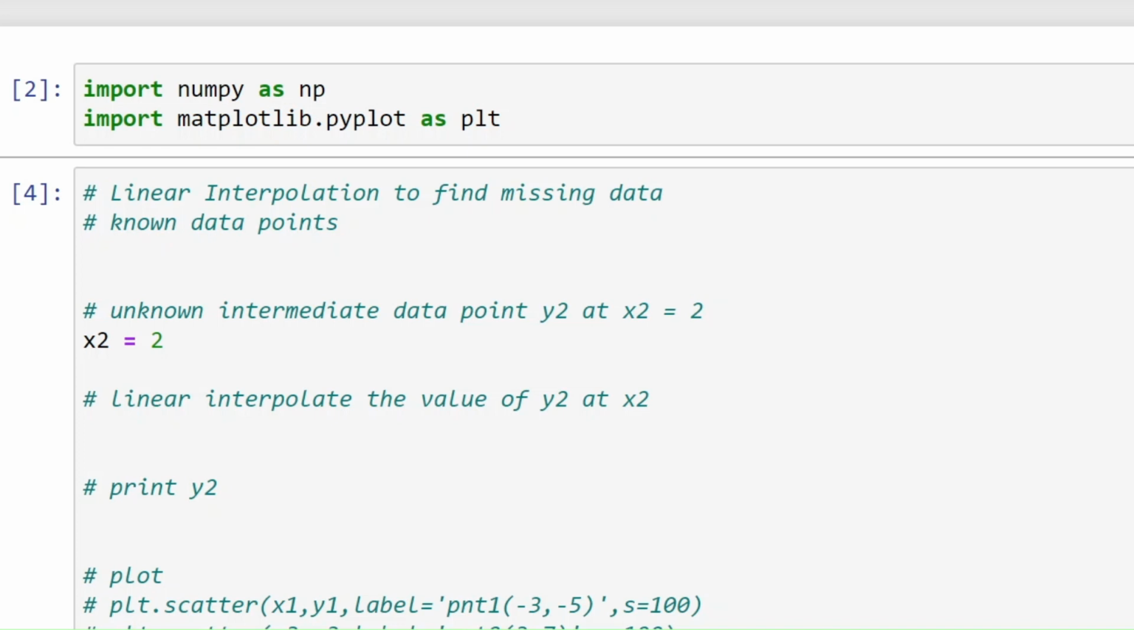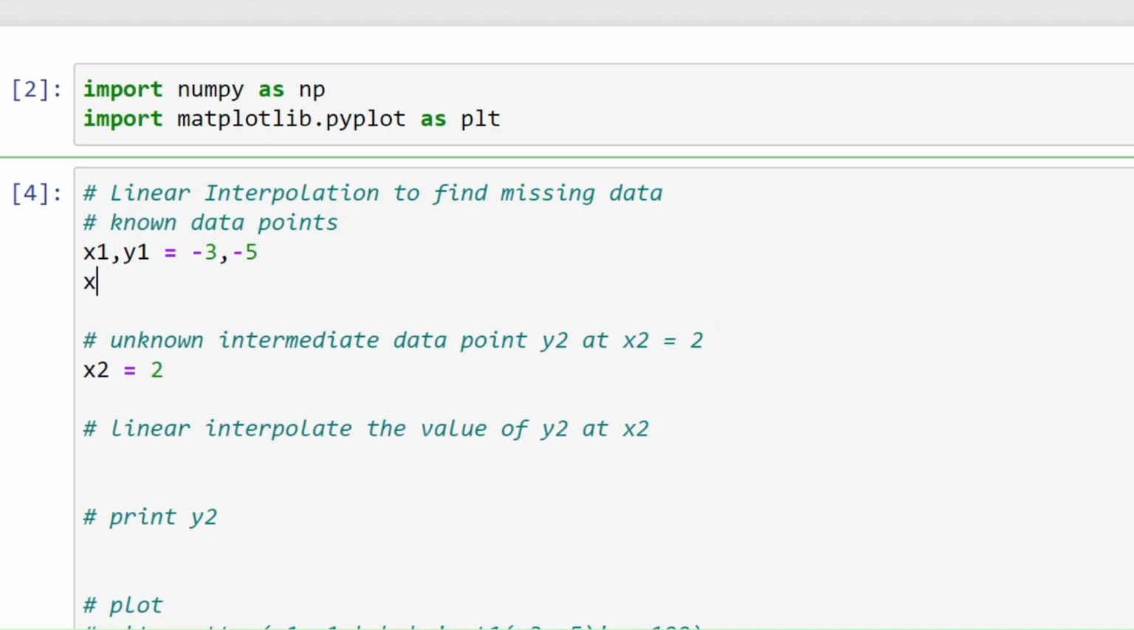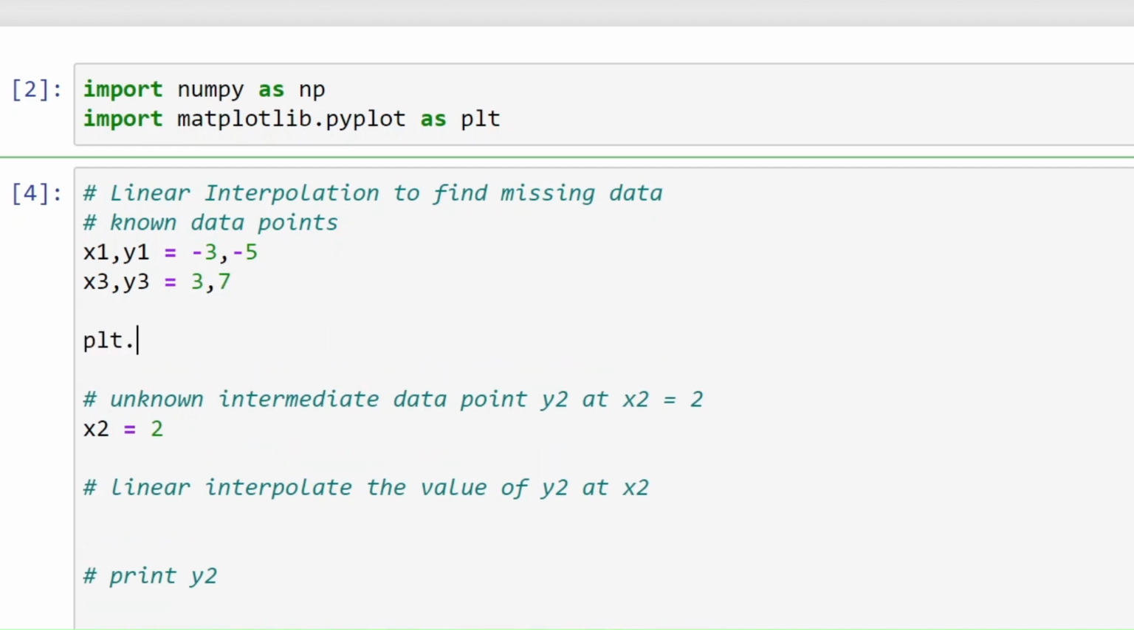In this Python tutorial, we'll find a missing data point between two known points. The known points are x1, y1, which is equal to -3 and -5, and the other point is x3, y3, which is 3 and 7. So let's see how these points look. I'll just draw a scatter plot,